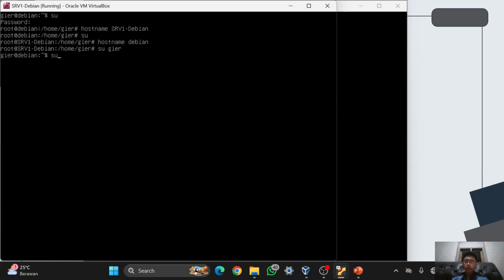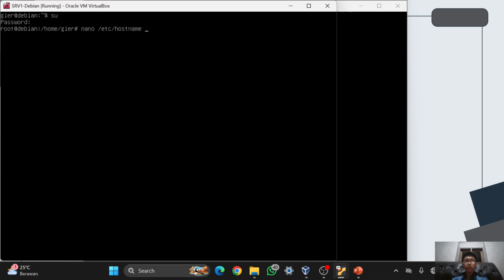I will log in to root first, and then the password. Then I will use the other method using nano. The host name is located in /etc/hostname.